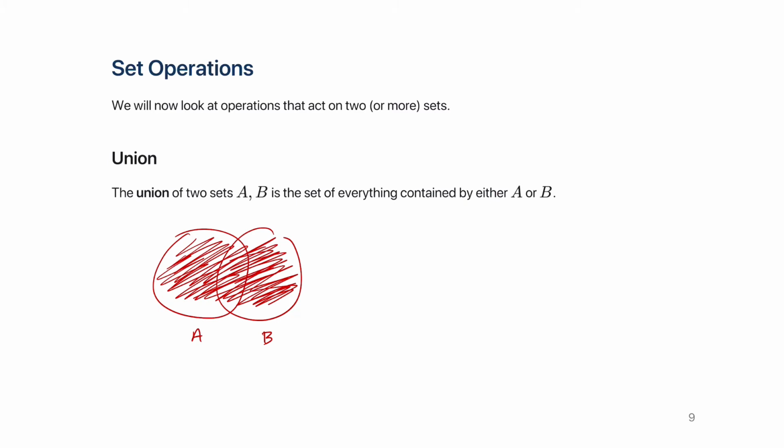Okay? And to write this, both notationally and in set builder notation, the symbol is A∪B. So that's what it looks like, A∪B. And we can say that an element is in the union of A and B if X is in A or X is in B. Is that okay? So if X is in A or it's in B, we say it's in the union A or B.